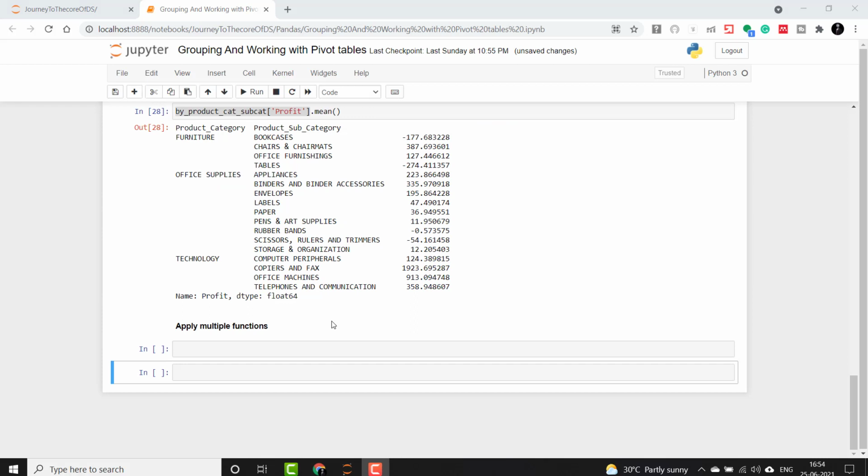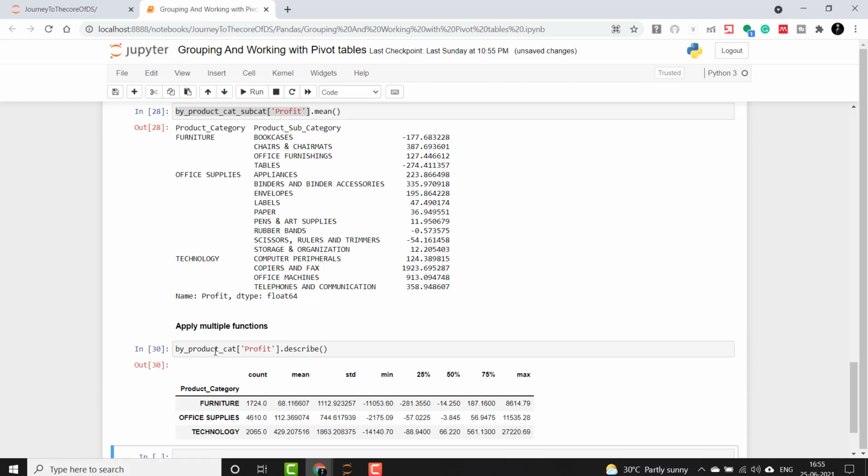Now let's say that we want to apply multiple functions simultaneously. We can do that simply by using the describe function. This we have also seen earlier with the df. So I will use describe here and let's see what we get.